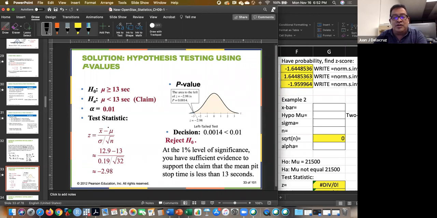Once again, the observed minus the hypothesized mean divided by the degree of variability. In this case, because it's a sample, we have to account for the sample size. So we solve this, we find the area under the curve, which is the Z-score, and then we go to the table and find the area under the curve. Once again, this is a left tail test. In this case, my p-value is 0.0014, and the